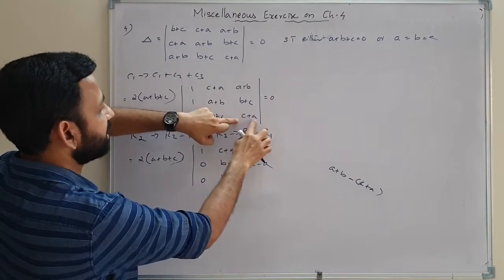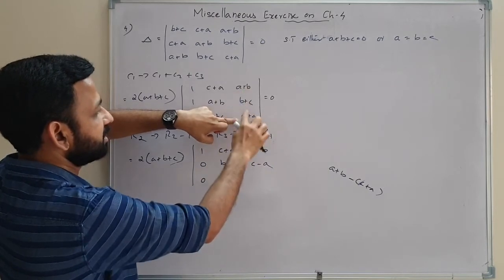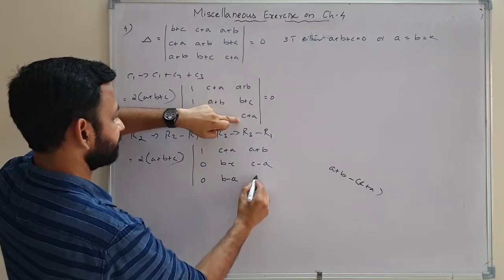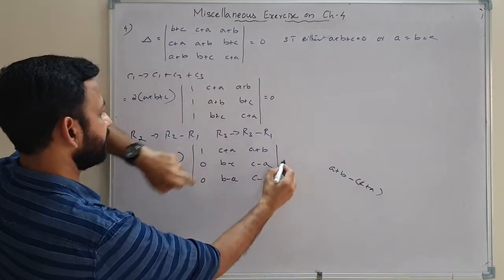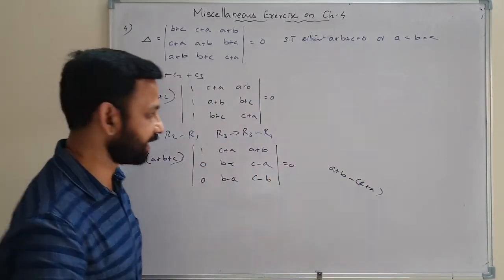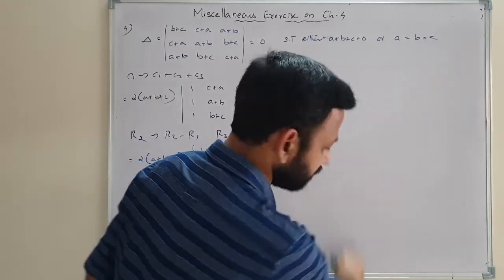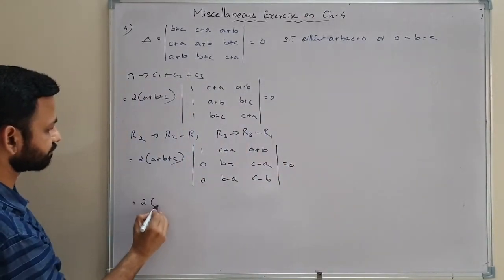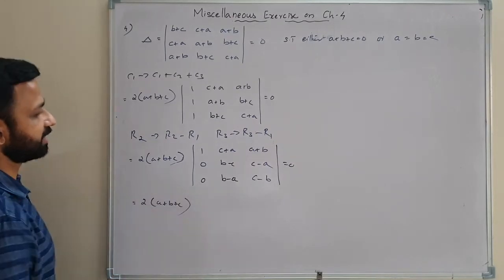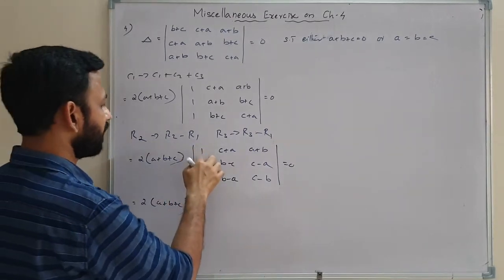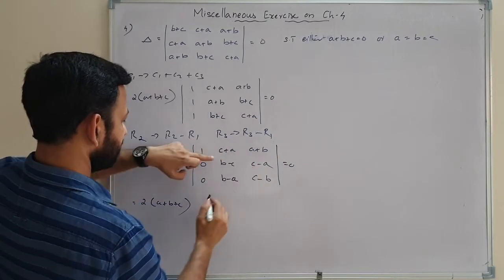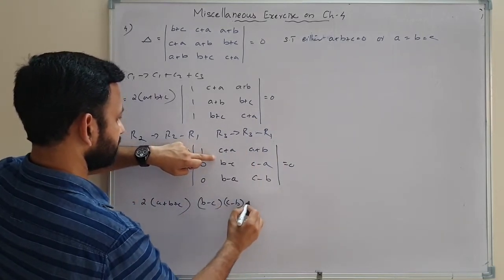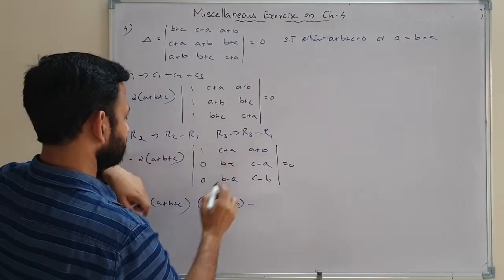Then C plus A minus (A plus B). So A and minus A will be cancelled, leaving C minus B. Now we can set it equal to 0. Now we can reduce it into 2 by 2 form because we got 2 zeros there. That is 2 into (A plus B plus C) outside. Then 1 into, deleting B minus C into C minus B minus, here in bracket